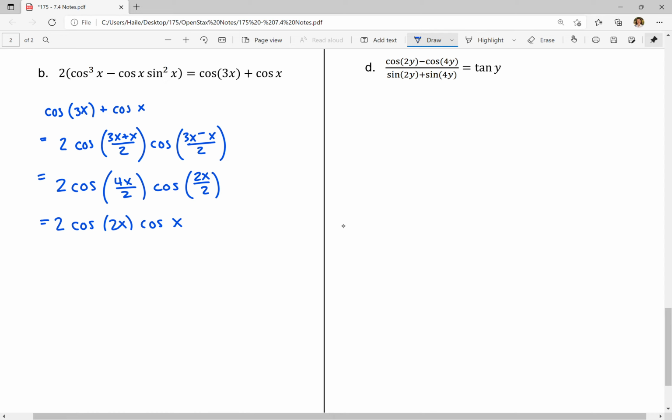We want to get to this left side. So we have 2 times cosine cubed minus cosine times sine squared. So what I'm going to do up here is just make a little note to myself and factor out a cosine. I notice that both terms have a cosine, so maybe that'll give me some indication of where I want to go down here if I work a little bit backwards up here. So if I factor out a cosine of x,